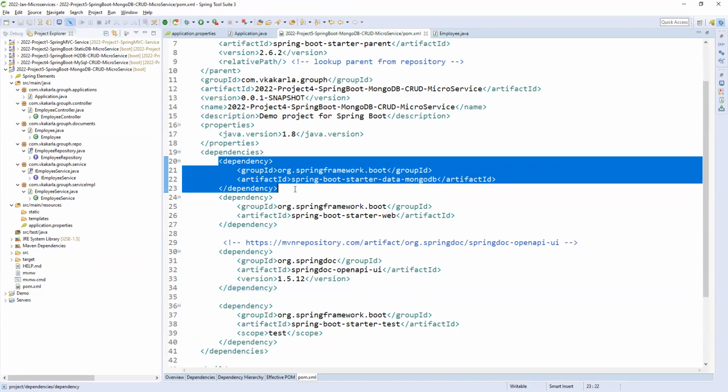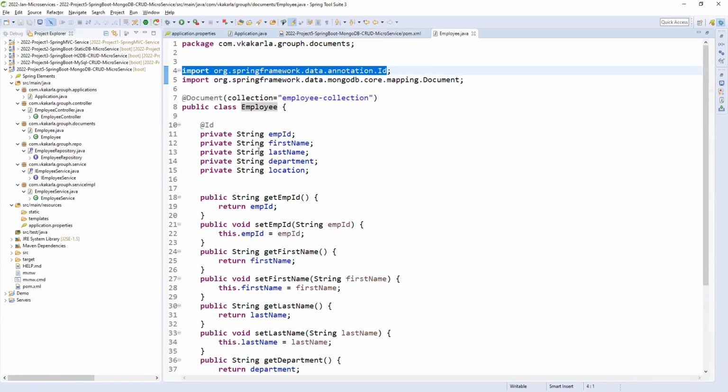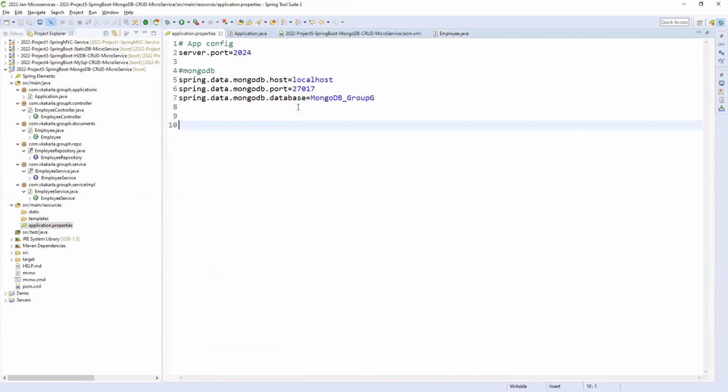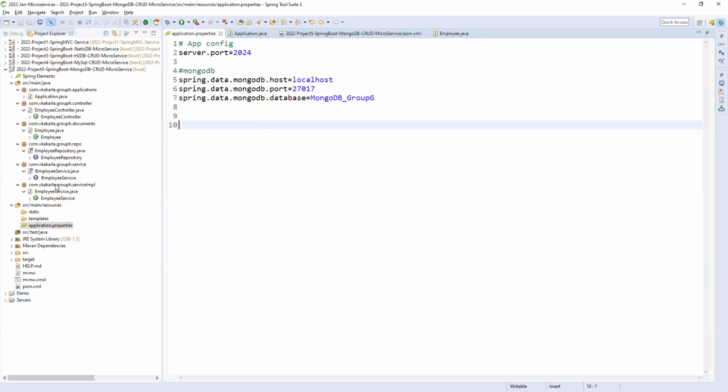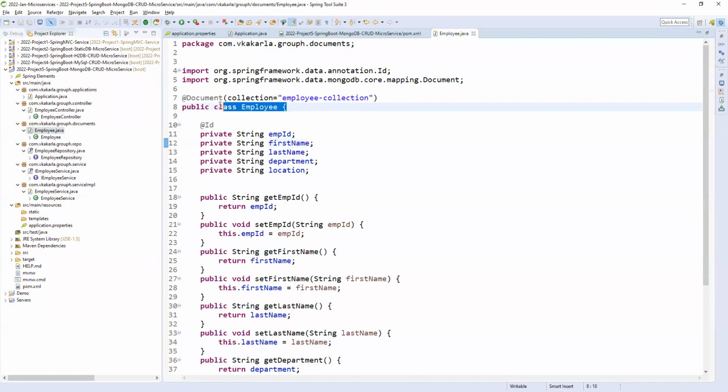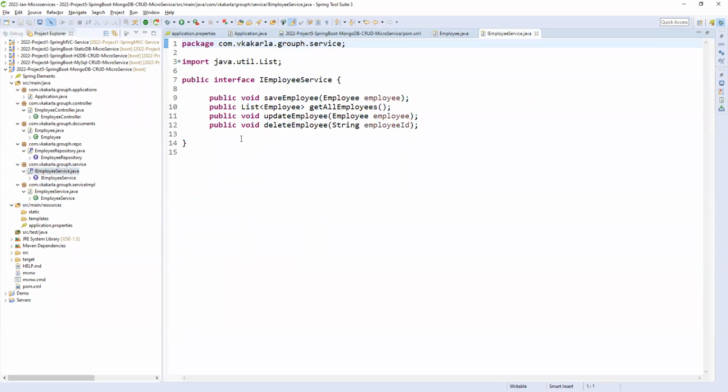If you are not using it, no need to add it, otherwise imports will be confused. Okay, make sure whenever you're writing a program, write it in a clear way. So what you are using, and where the import is coming from. Okay, that's all. So coming to services, remaining things are all the same. One is properties, and the second one is the MongoDB installation, and the third one is the document definition and ID. So that's all. So coming to employee service, the remaining is the same picture.